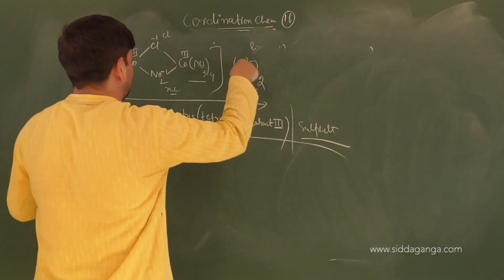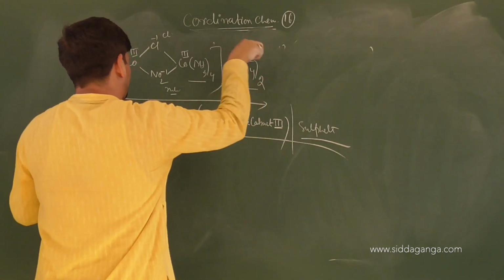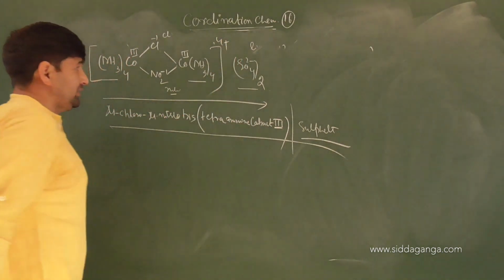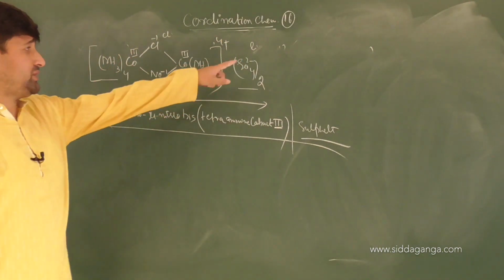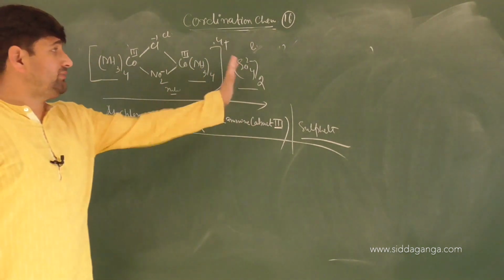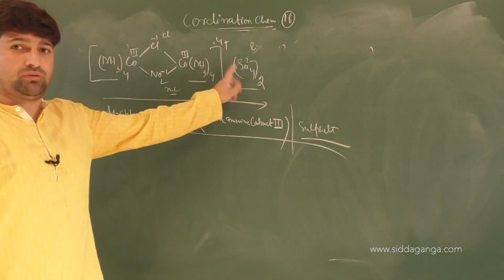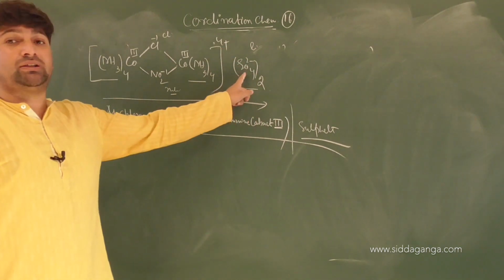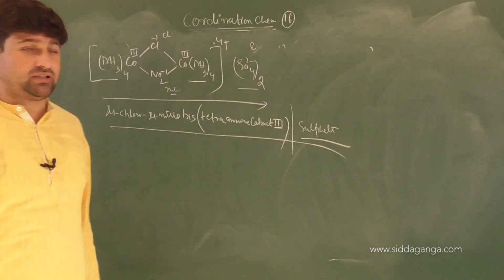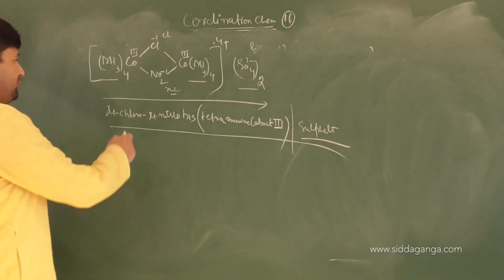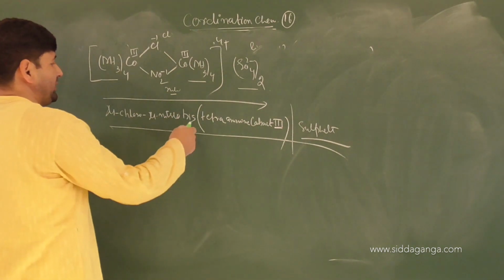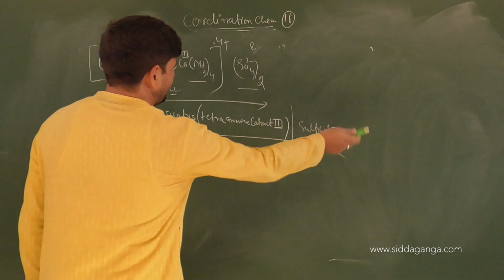Charge of the cationic complex will be what? Total electrons lost outside 4 plus. Total number of charges provided will be 8. It will give you how many ions? 3 ions on dissociation. It will definitely give test for SO4 because SO4 is free. So if you treat this with barium chloride, barium sulfate will precipitate out because this is a counter ion, right? So mu chloro, mu nitro or nitrito, bis, tetraamine cobalt 3 sulfate.